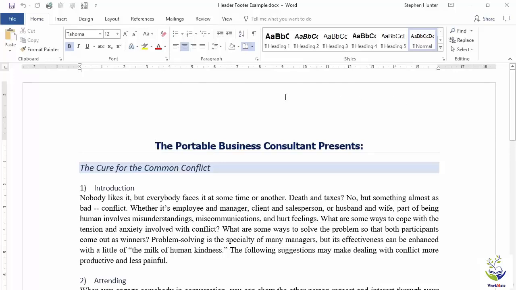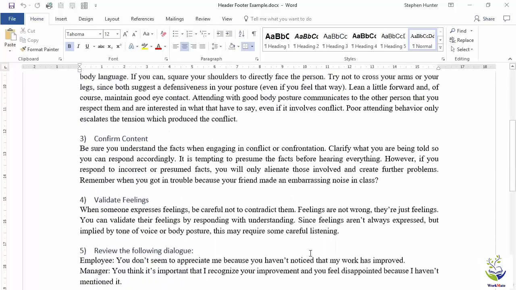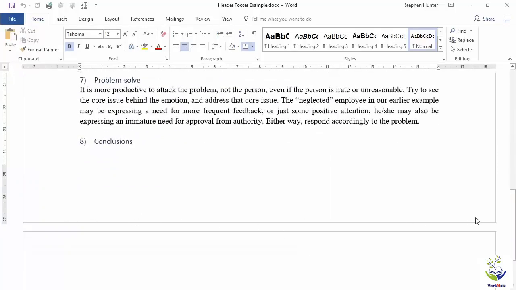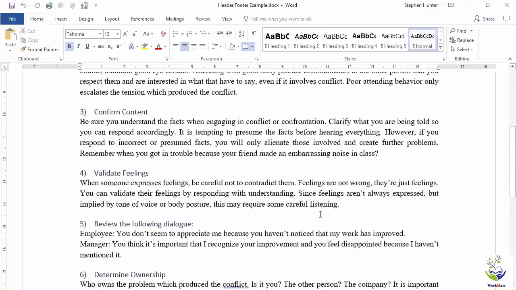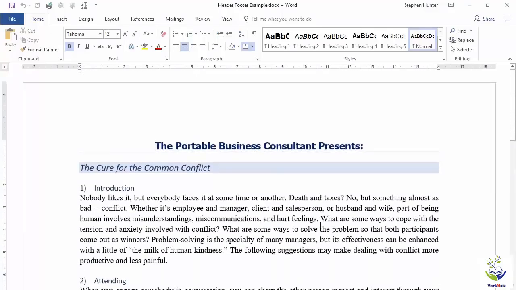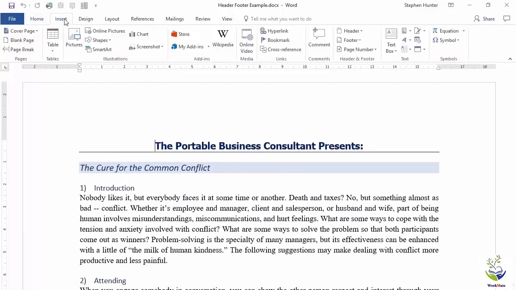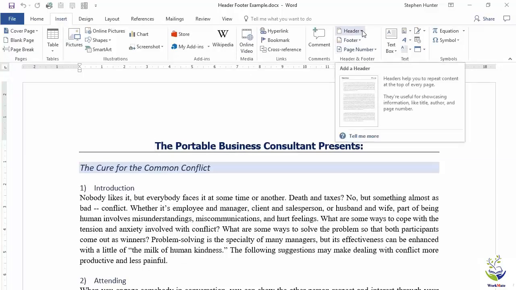So this is the header area right at the top of the page, and the footer area is at the bottom of the page. Okay, so what we want to do is add some information to the top of every page. Now there's a couple of ways of doing this, but the easy way is go to the Insert tab. So we go to the Insert tab, and over on the right hand side you'll see the header and footer group. Okay, and in there we've got a header item. I give it a click,